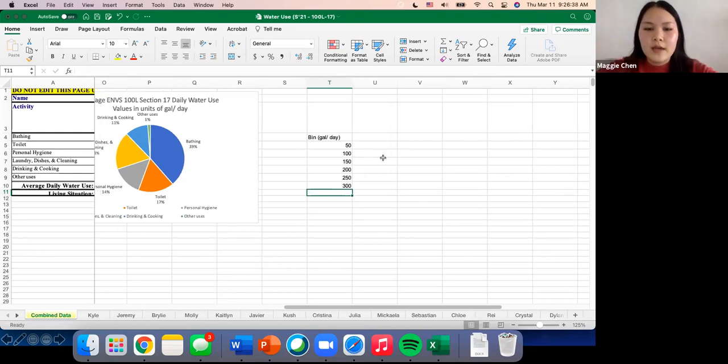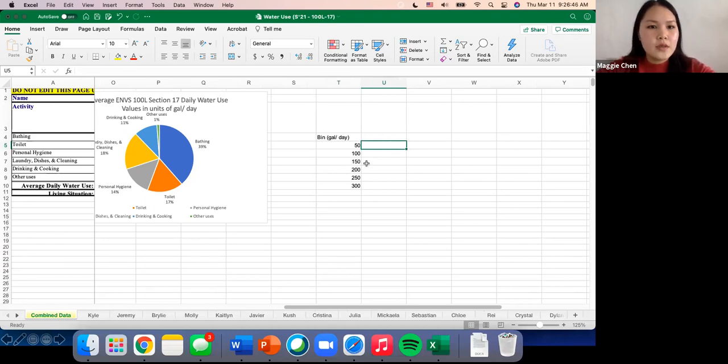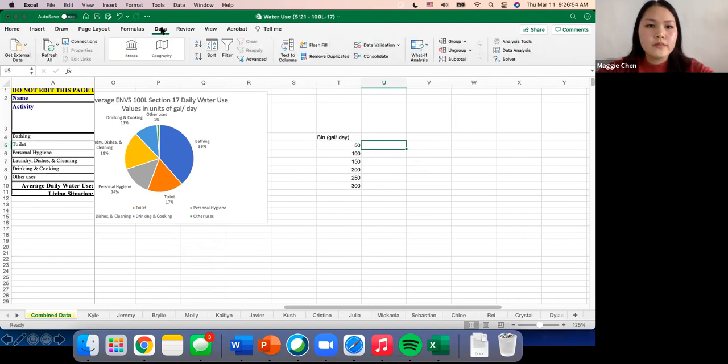And once we have our bins written out somewhere on our Excel sheet, we can now get started in making our histogram. So we have our Home tab, Insert tab at the top, Draw. If we scroll all the way to the bottom, there's also this Data tab. If we select that, a lot of different functions are going to pop up, but we're going to want to go all the way to the right side, and we're going to click on this data analysis tool. That's what we were adding, our analysis tool pack. This is what we put into Excel for us. So if we click on data analysis at the end here,